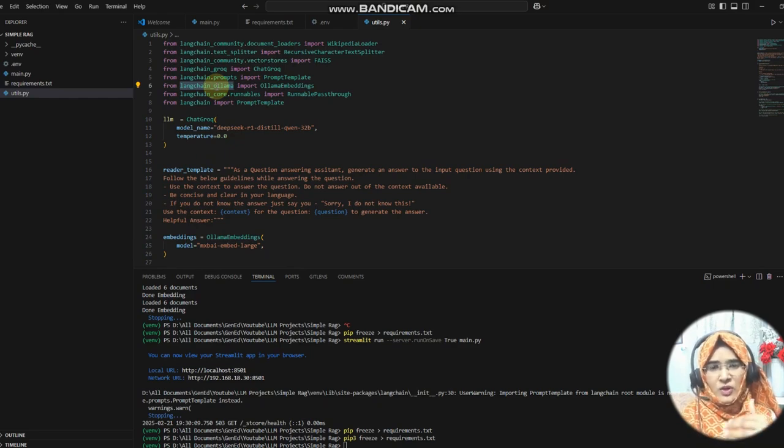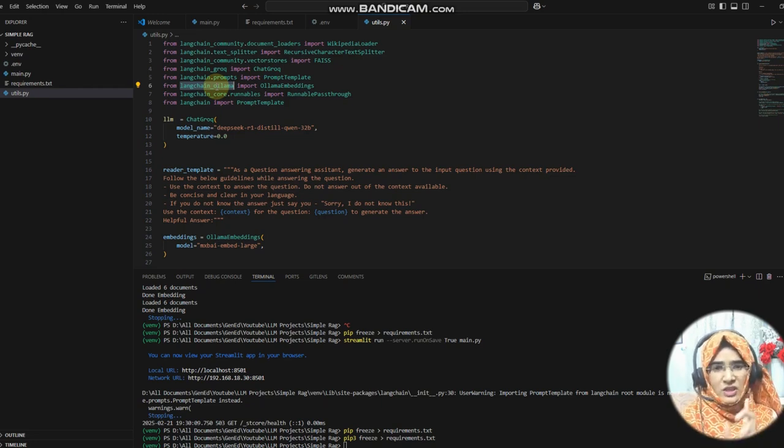I'm using it so that you have an idea of how we can use Ollama not only as a model but also for embeddings. If you don't know how to use Ollama as a model, you can see the previous video in which I explained how you can use the Ollama model efficiently. But Ollama embedding, we can also use that.